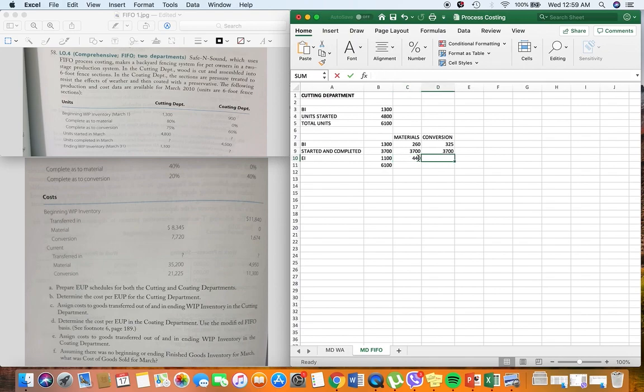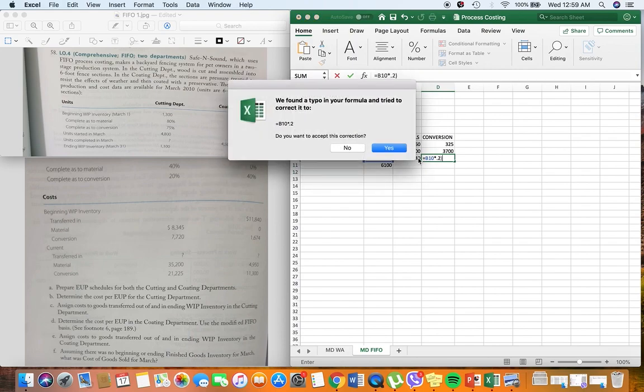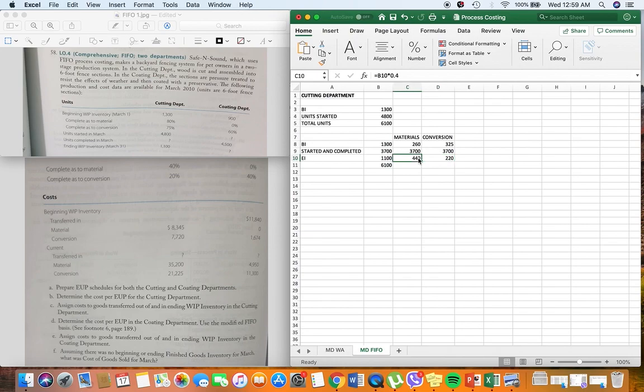And as to conversion, it is already 20% complete. So 1,100 times 0.2, and we have 220. So our EUP for materials and conversion is equal to 4,400 and